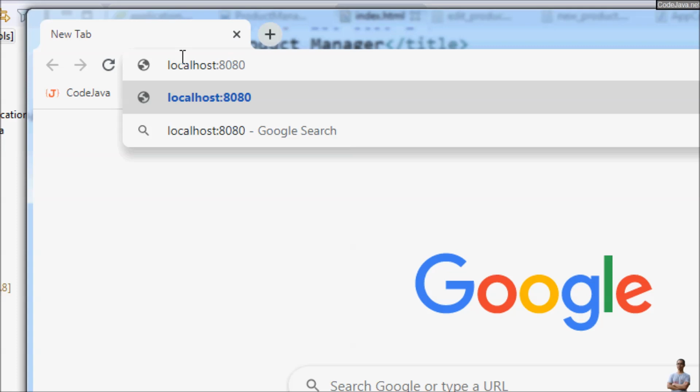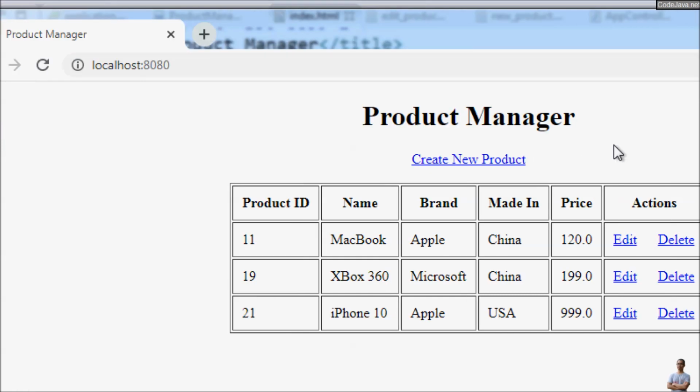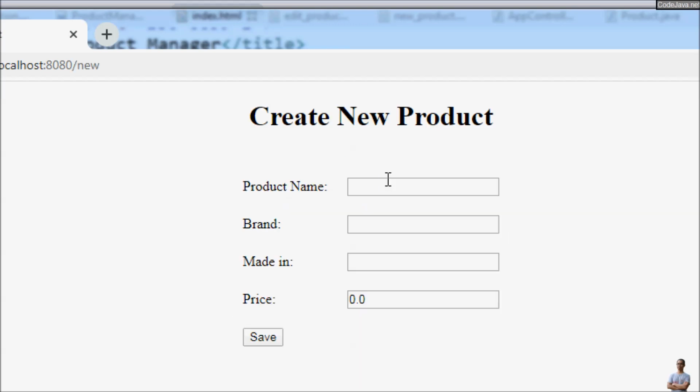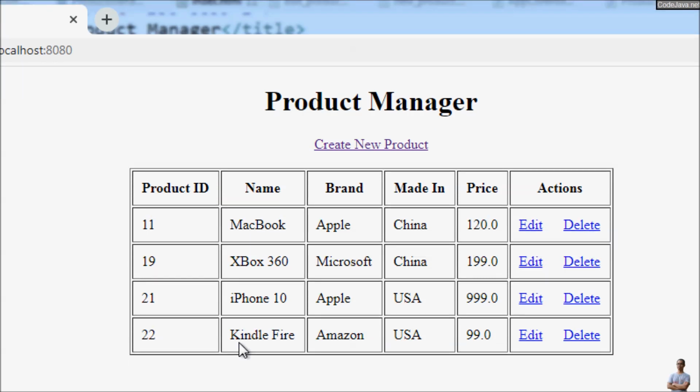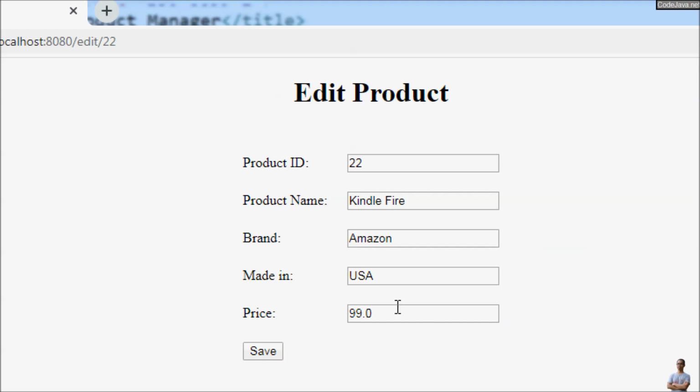Localhost 8080. And you see, this is a product manager application developed in Spring Boot. It allows users to manage products like view all products, create new product, edit and delete. Let me create a new product. For example, Kindle Fire, brand Amazon, made in USA, price 99. And you see the new product Kindle Fire was created here,